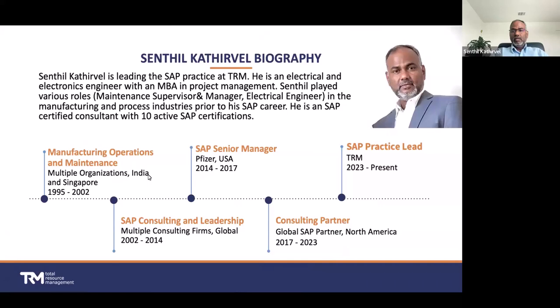Hello everyone, my name is Senthil Kathirvel. I'm leading the SAP practice here at TRM. I'm an electrical and electronics engineer with an MBA in project management. I started my career in the manufacturing industry as a maintenance supervisor, then later was promoted to manager. I also played electrical engineer roles primarily in the manufacturing industry. I started my SAP career 20 plus years ago and worked primarily around asset management, plant maintenance, EAM, procurement, inventory management areas. And I have done more than 10 SAP certifications